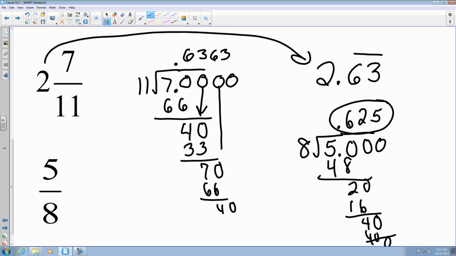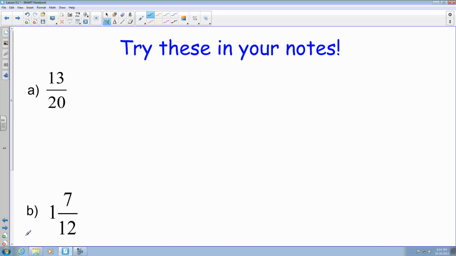So the first example, 2 and 7/11ths, is an example of a repeating decimal. 5/8 is an example of a terminating decimal. So if we do some more,